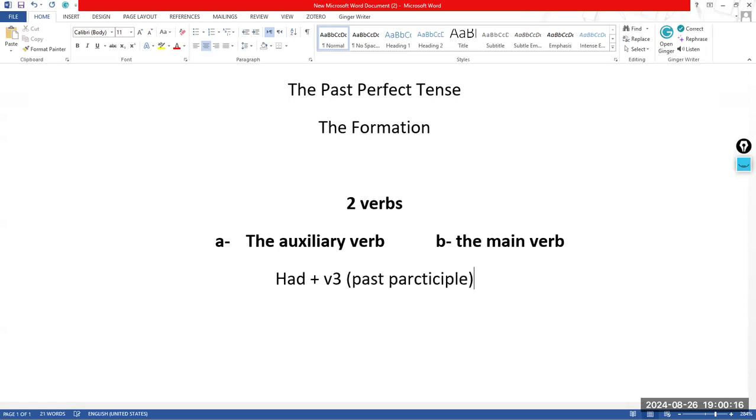Do you know the meaning of past participle? Do you know the meaning of verb 3? Or you don't? In French, yes, participe passé. But in English, I don't. By the way, guys, let me try to explain